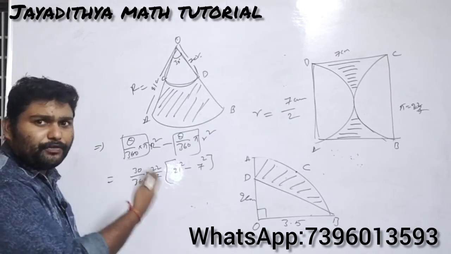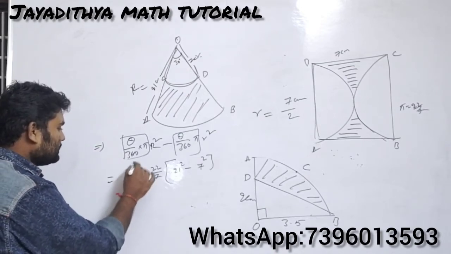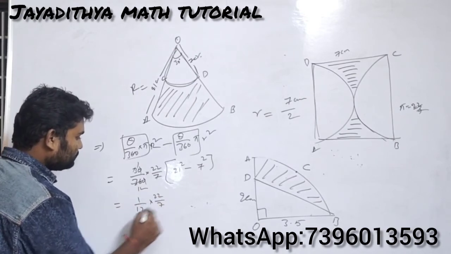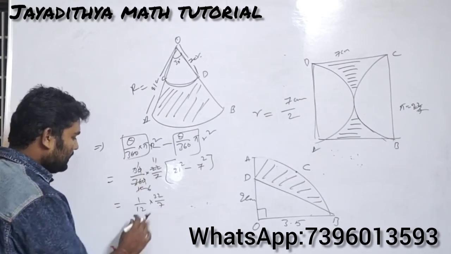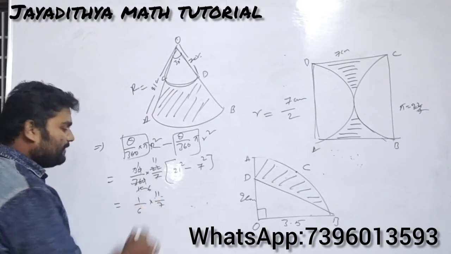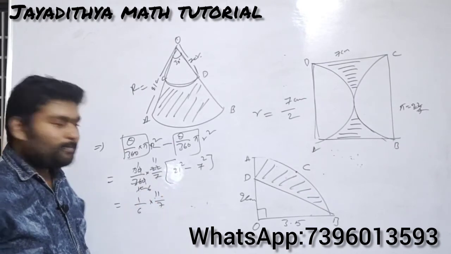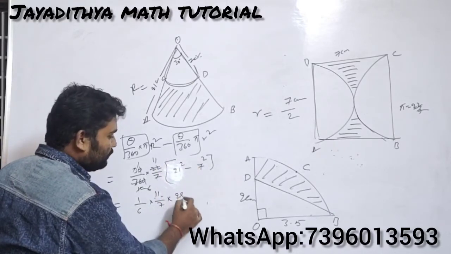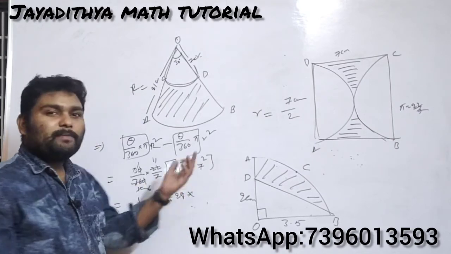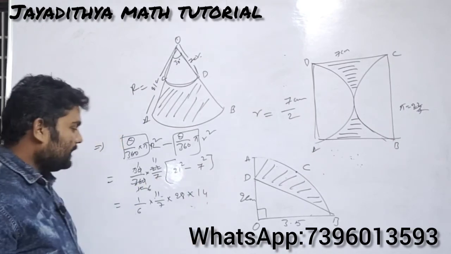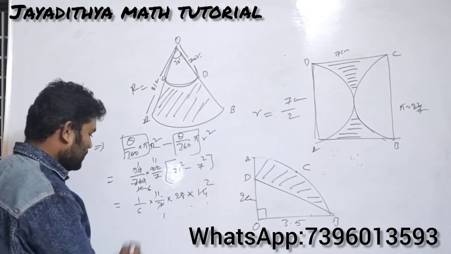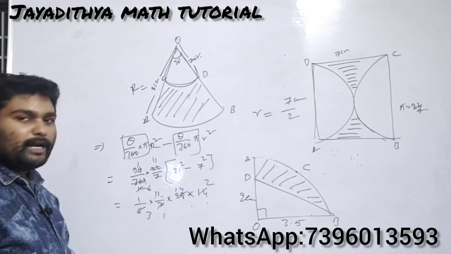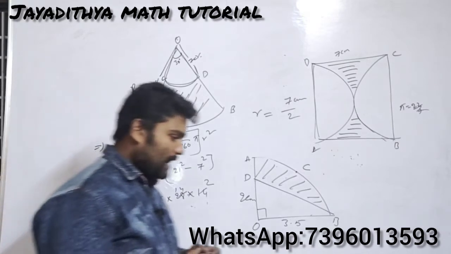If you can cancel anything, you can cancel here. 0 and 0 get cancelled. 3 ones are 3, 3 twelves are 12. So this is equal to 1 by 12 into 22 by 7. You can cancel 6 and 11 here too. So this becomes 6 and this becomes 11. And this is in the form of a square minus b square, so write it in the a plus b into a minus b format. That will be 21 plus 7, which is 28, into 21 minus 7, which is 14. Clear? 7 ones are 7, 7 twos are 14, and so on. You multiply everything and divide by 3, then you will get the answer directly.